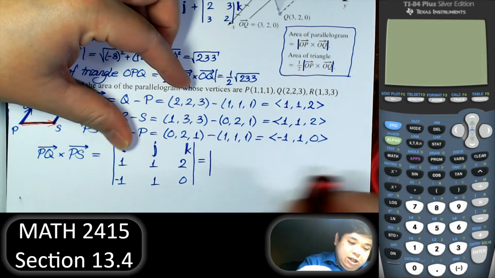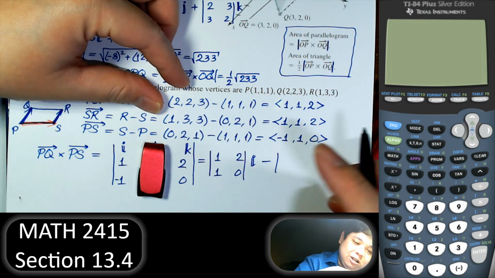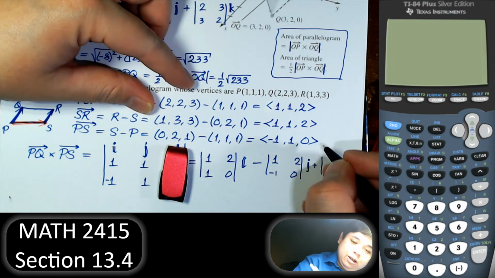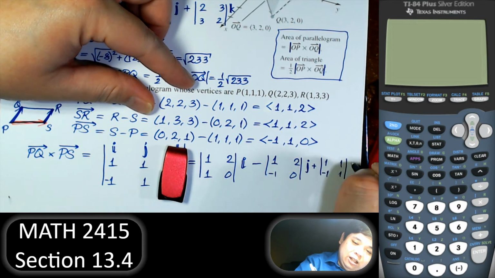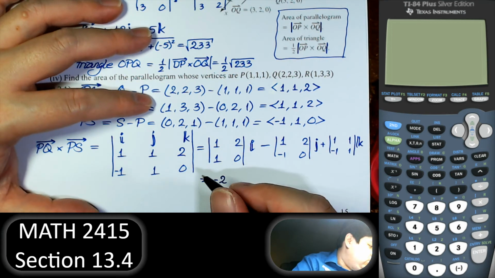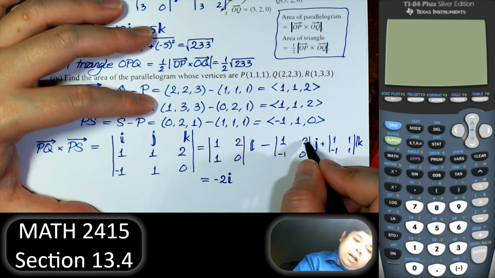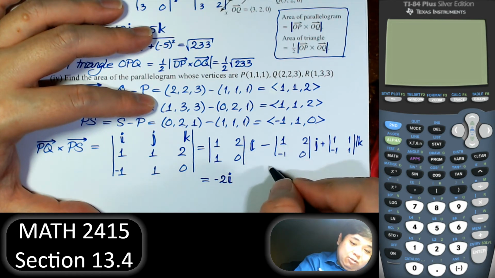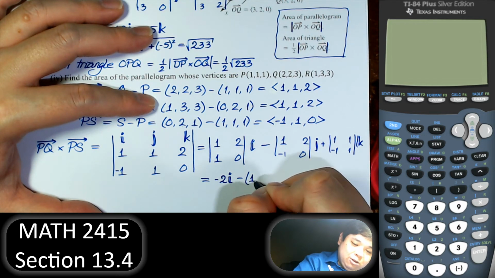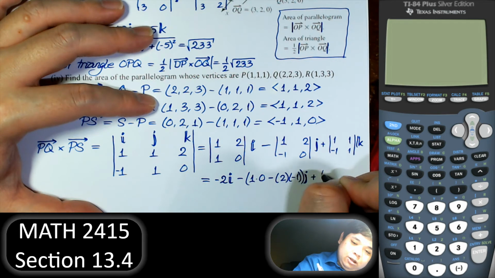So we still want to do that. 1, 2, 1, 0, I, minus 1, 2, negative 1, 0, J, and 1, 1, negative 1, and 1, K. So that gives us negative 2 I. If you write it down, it will be 1 times 0, subtract 2 times negative 1, J, plus 1 times 1,